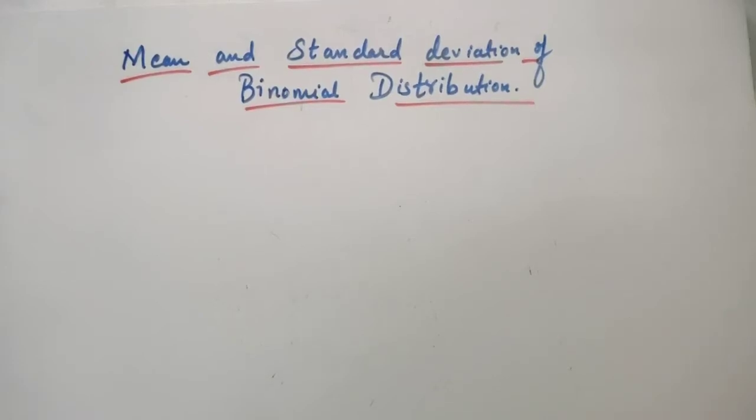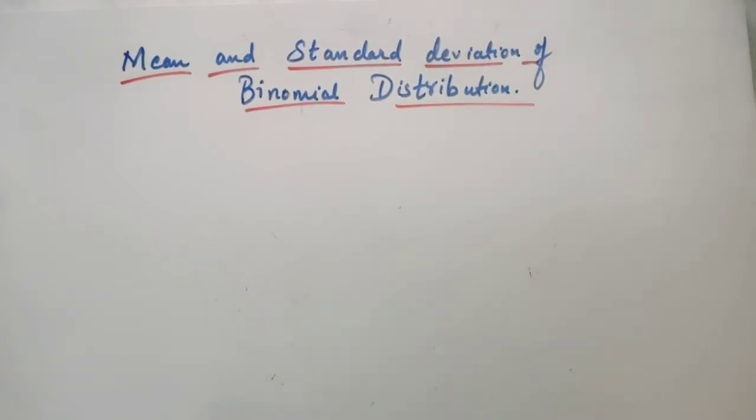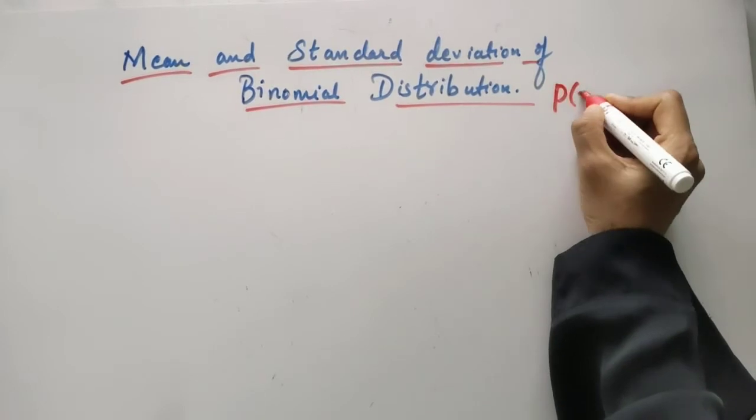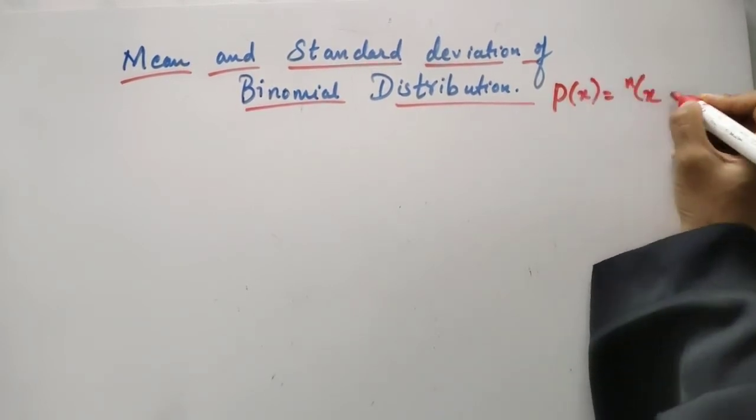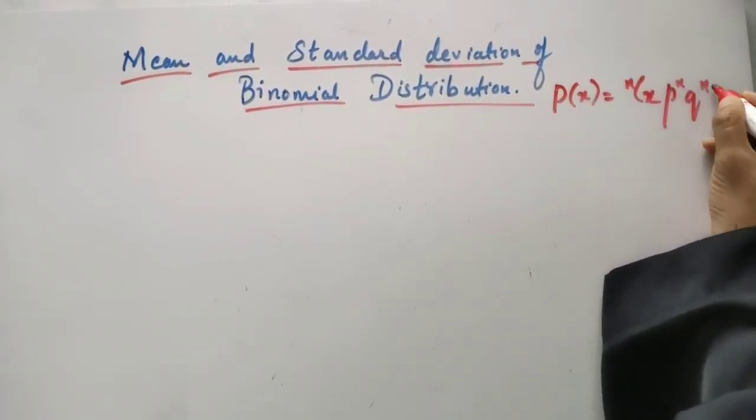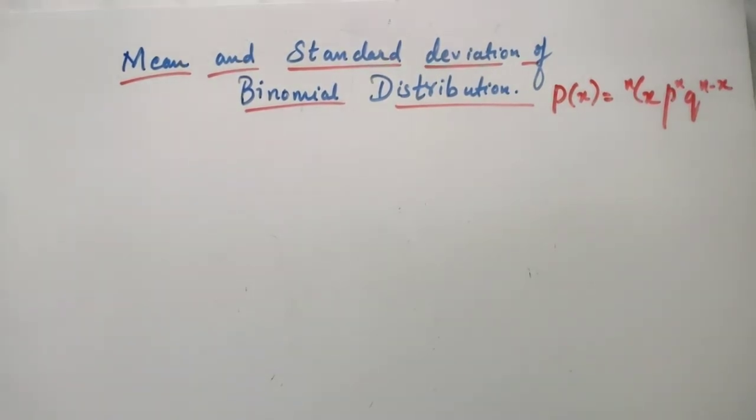Now let's continue with the derivation for the mean and the standard deviation of the binomial distribution. In my last session, we discussed what a binomial distribution is, and also we saw what the binomial distribution function p of x is. So the p of x for the binomial distribution is nCx, p raised to x and q raised to n minus x, where p is the probability of success, q is the probability of failure, and n is the number of times the